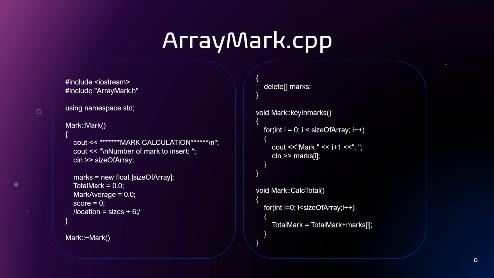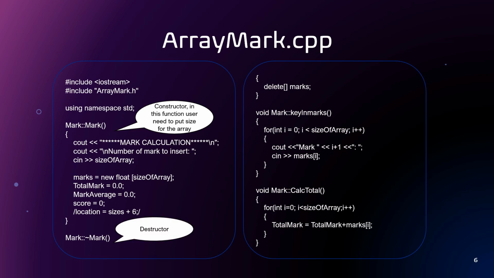ArrayMark.CPP. In this ArrayMark.CPP, we declare the constructor. In this constructor function, the user needs to put the size for the array. For the destructor, we declare delete marks. For key in all the marks, it depends on how big a size of array the user wants to key in. If the user puts the size of array as 3, then the user needs to put 3 data that they